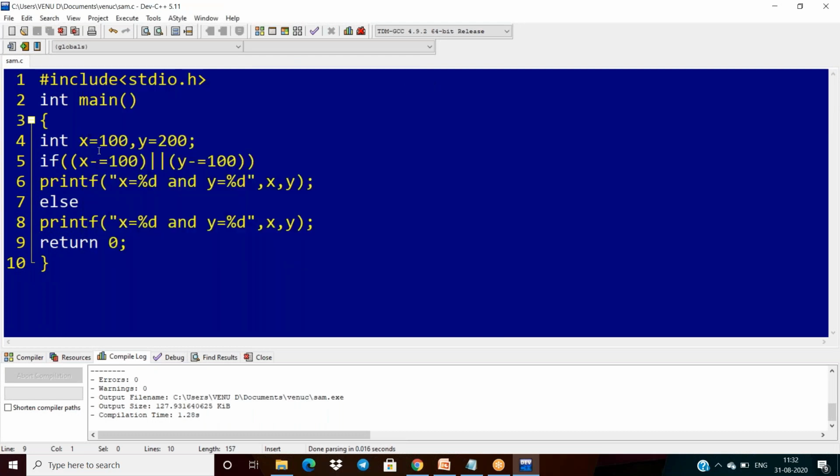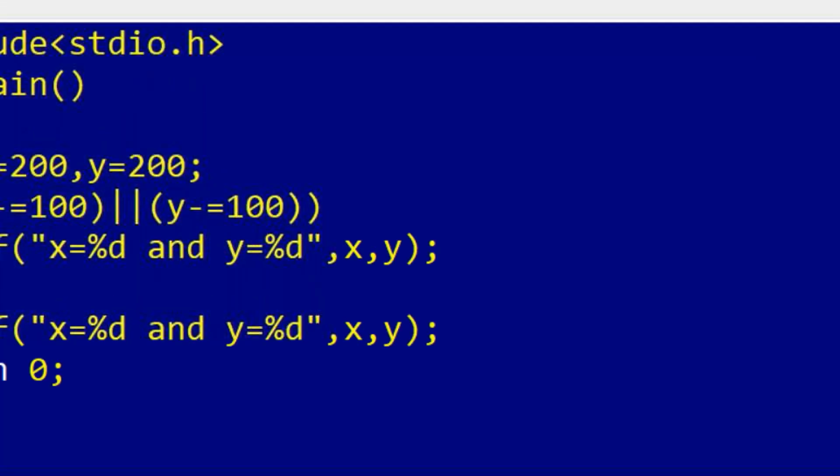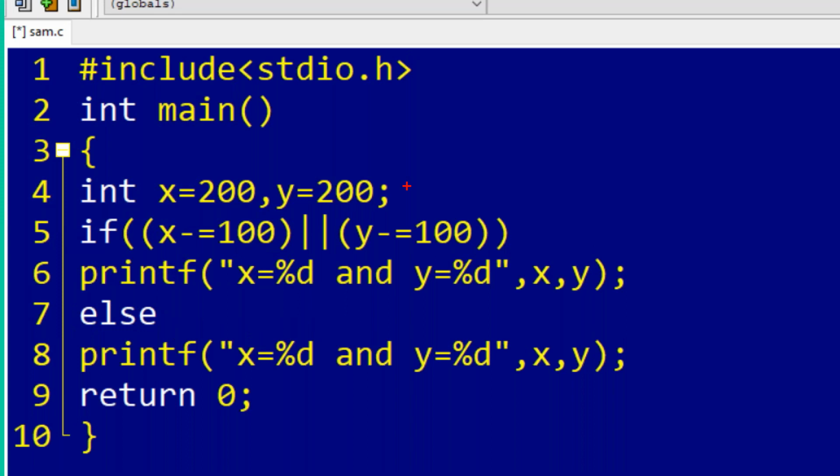But if I am taking 200 here, now tell me what is the expected output. In this case, observe very carefully.